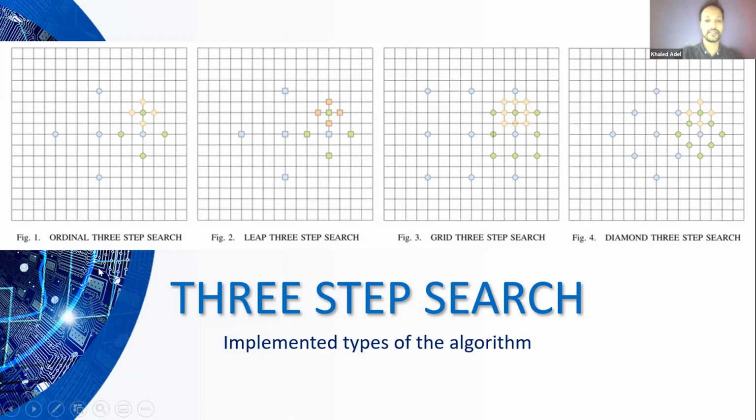The idea of the ordinal three-step search, I can't find the annotation, but I can continue. Okay. The idea behind the ordinal three-step search is that we have our block in the center. That's the middle blue dot in the graph on the top left. We're trying to find that block 4 steps away in each direction from our block. Okay, so we are moving to the right 4 steps, to the top 4 steps, left and bottom 4 steps. Okay, those are the 4 candidate blocks that we are trying to find where our block has moved